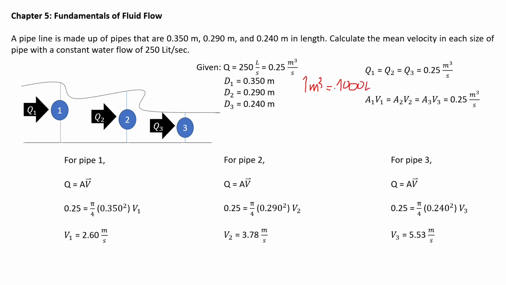So 250 divided by 1000, and we will have 0.25 cubic meters per second. So our first diameter is 0.350 meters, our D2 is 0.290 meters, and our last diameter is equal to 0.240